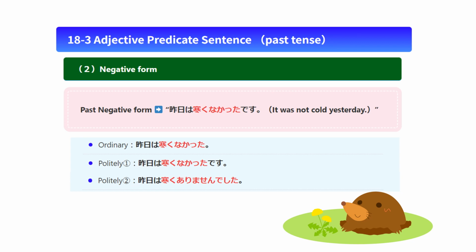Next is how to use the negative form of the past. How to say, it wasn't cold yesterday, in Japanese. 昨日は寒くなかった。 As with the present tense, there are two ways to politely say the negative of the past tense. Please learn how to express yourself. The first polite expression is, 昨日は寒くなかったです。 The other polite expression is, 昨日は寒くありませんでした。